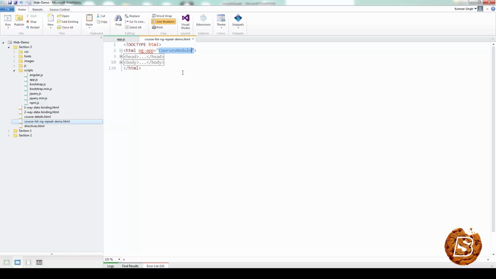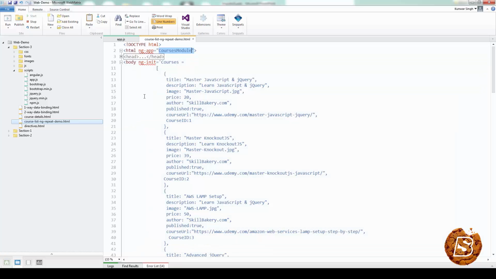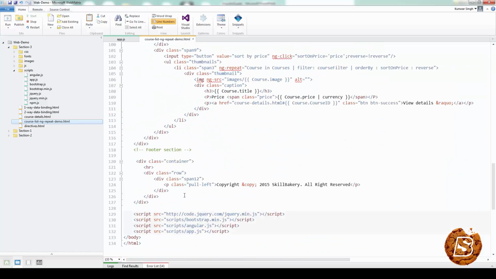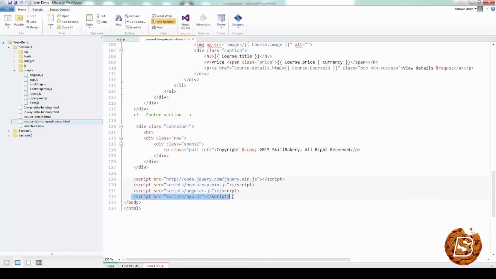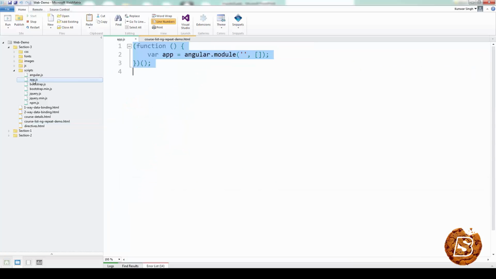And now we have to create this particular module. And where do we create it? Obviously we have to create it in a script file so that we can maintain it at a later stage. And you will notice that wherever we have referenced angular.js, after that I am making use of the app.js file. Now if I open this app.js file, you'll notice that all I've written over here is the basic syntax to